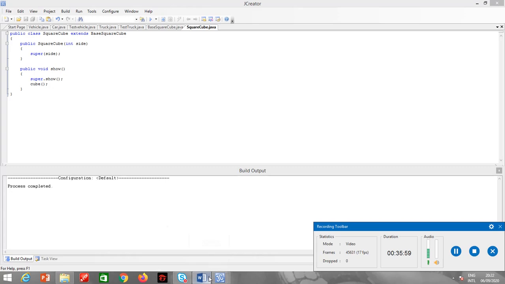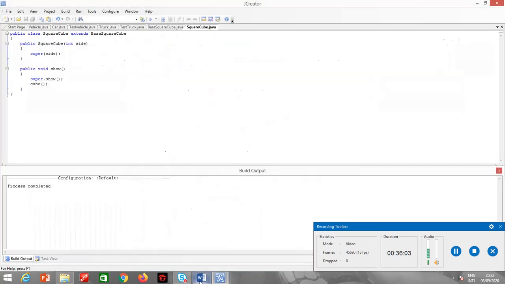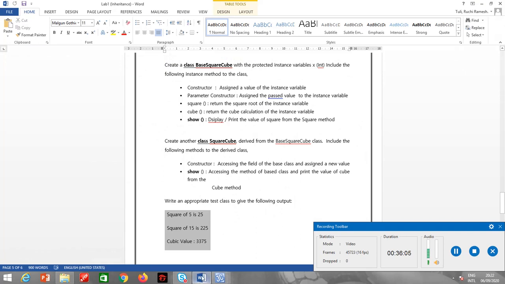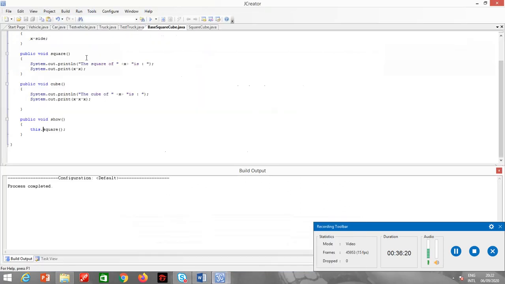Okay, now I must create a test class. Alright, so here I just noticed in the cube it is just displaying cubic value. So let me just change it over here to cubic value.